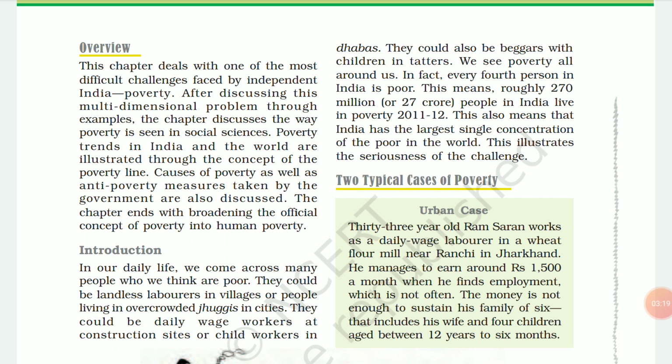Poverty is one of the most common scenarios. Nobody can say that I have never seen a poor person. You have seen jhuggies, meaning the temporary houses they make. They do not have a proper shelter, so they make temporary houses at the side of the roads. All these you see, and these are where you see poverty.